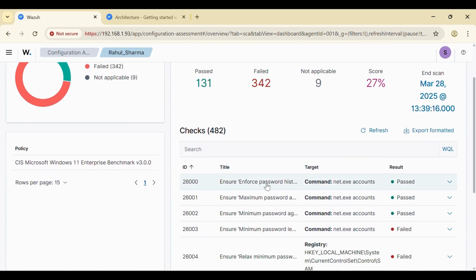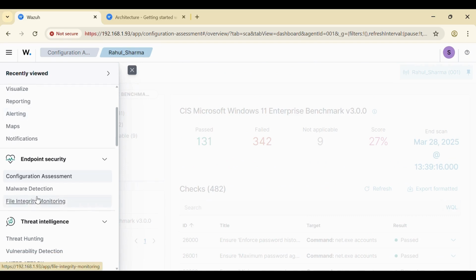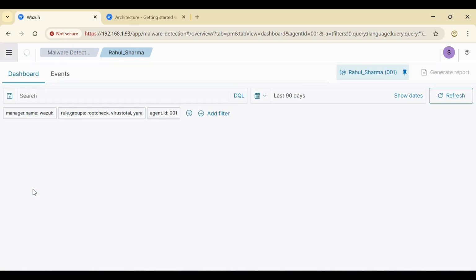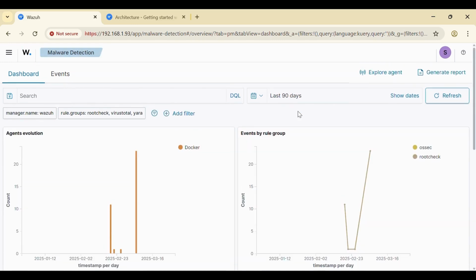We can see it uses benchmarks like maximum password age or minimum password length and what sort of criteria there should be for a password. Now going through the malware detection dashboard, if I select a different agent, it will give me an overview of all the malware detected in all the agents in the last 90 days.